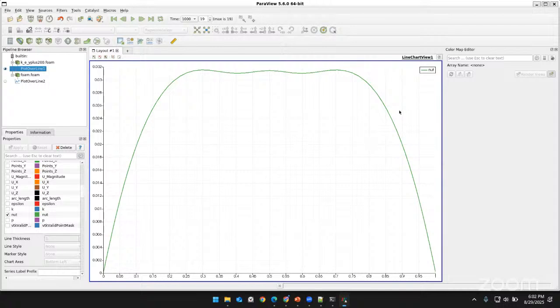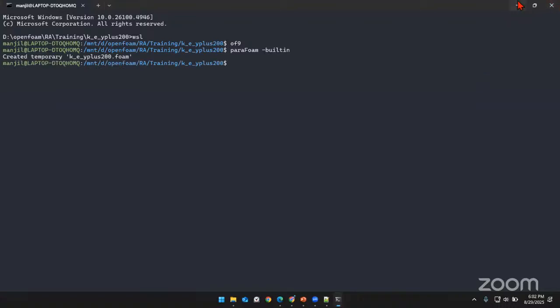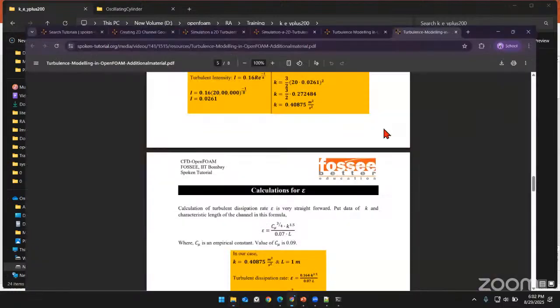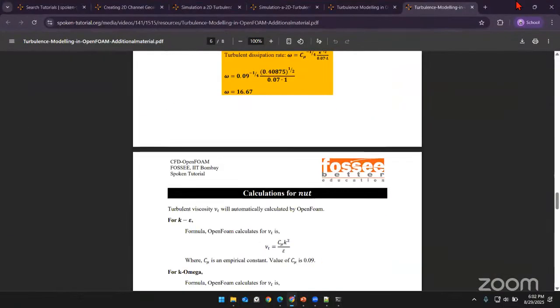So yeah, in this way you can compare between the different types of turbulent models, that is laminar model, k-epsilon model, or k-omega model as well. So this is for these two turbulence modeling. As I've already said, due to time limitation we cannot go into detail on all these values and parameters. So please refer to this document. This is a very good reference for you all. So let's move on to the